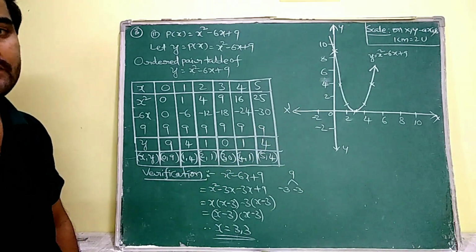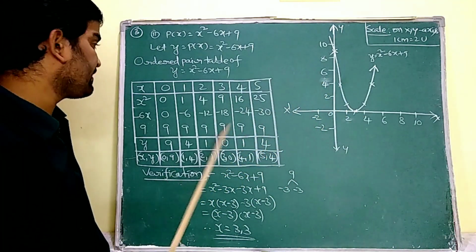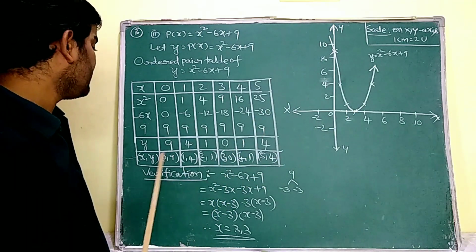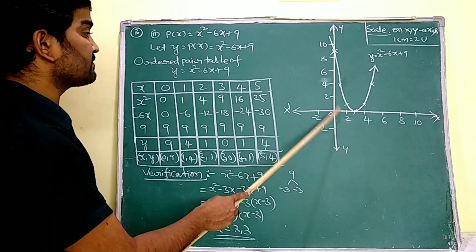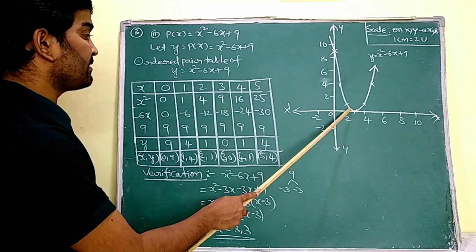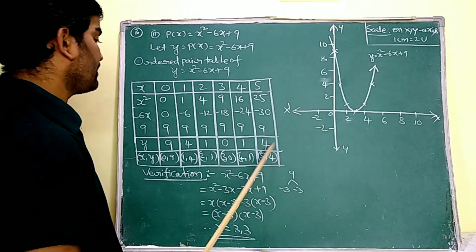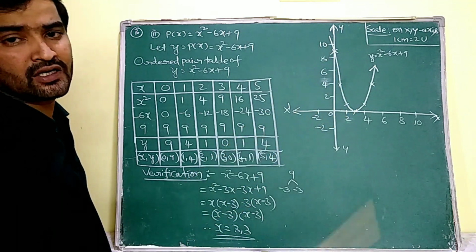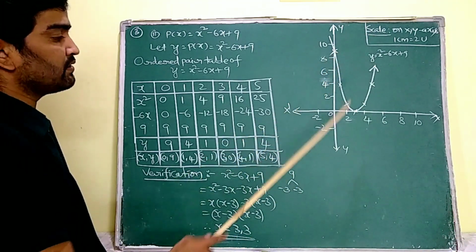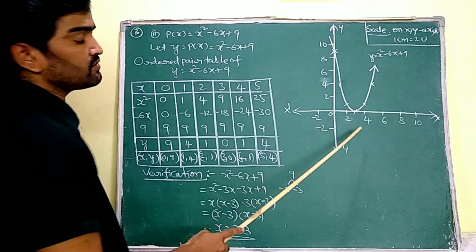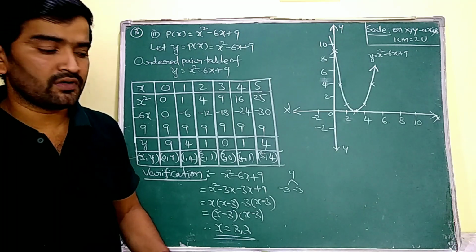Those are going to be plotted here. Understand? Now see. Here we are going to plot these values. Here 0, 9. 1, 4. Here it is 1 now, this 1 and 4. 2, 1. 3, 0. This one. 4, 1. 5, 4. You have to join this by using a scale and name it as y is equal to x square minus 6x plus 9. Okay, here we are very clear that the scale on x-axis and y-axis is 2 units we considered. And I am going to show you the usual graph.